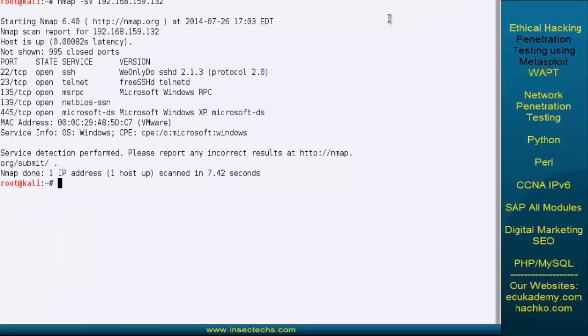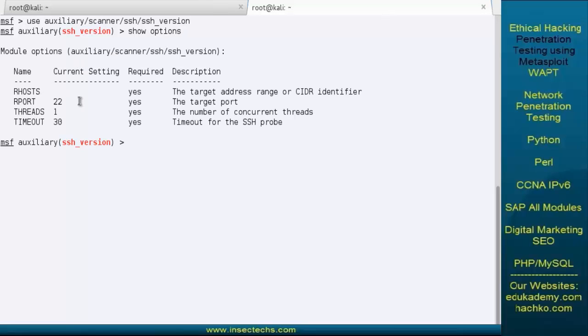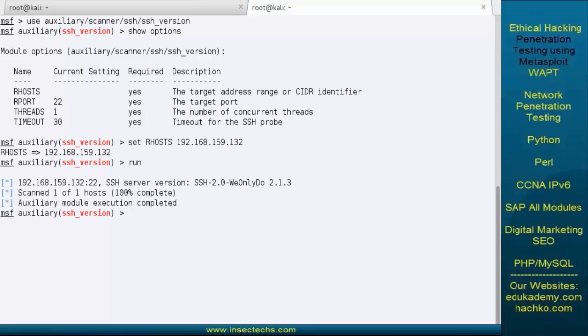Let me open a new tab and type msfconsole for launching the Metasploit framework console. Now we will be performing a basic auxiliary scan for finding the version detection, using auxiliary/scanner/ssh/ssh_version. Now let us figure out the options to be filled, and it says RHOSTS. That means we need to assign the remote target, set the IP address, and run the module,